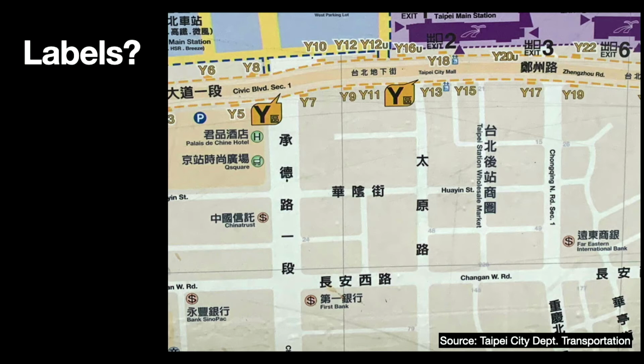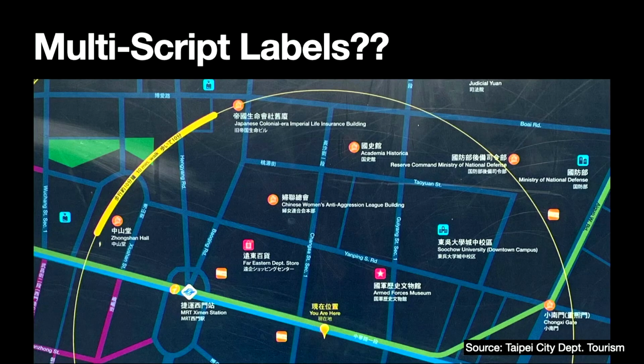And what you might notice is there's multi-script labels. So there is both English and Chinese in the same label. And this is very common. There might even be triple script labels, where a lot of tourist maps in Taipei will have English and Japanese and Chinese all on the same map. And this is an exciting opportunity for vector tiles because you can choose what language labels you want to put on the map